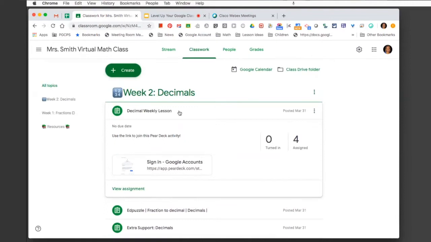So I would use reuse of post if I've created an assignment in another class. Maybe it's something I used last semester, or I made the assignment earlier and now I want to reuse that assignment in this current classroom. What I would do is go to the class where I want the assignment to be posted, click on Create, come down to Reuse Post,